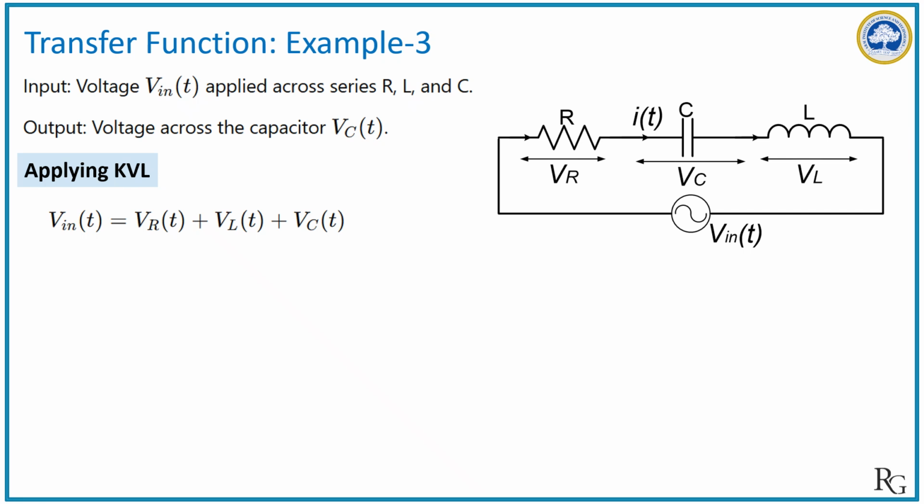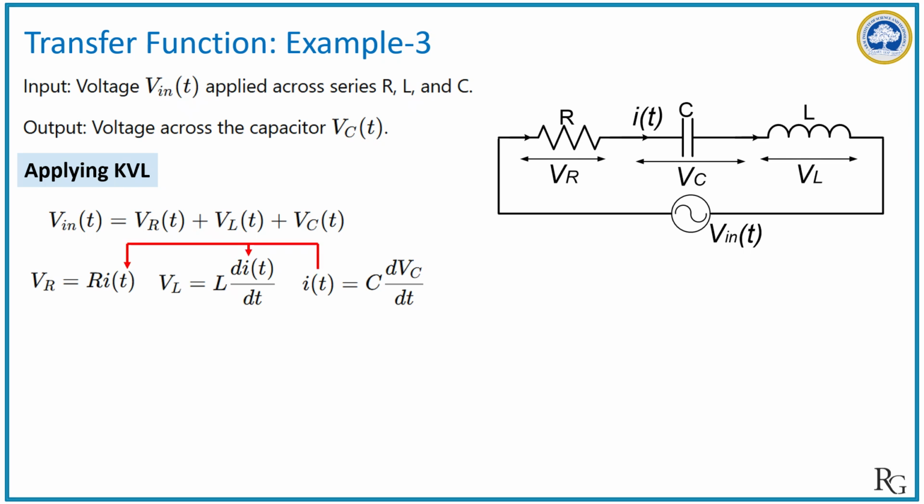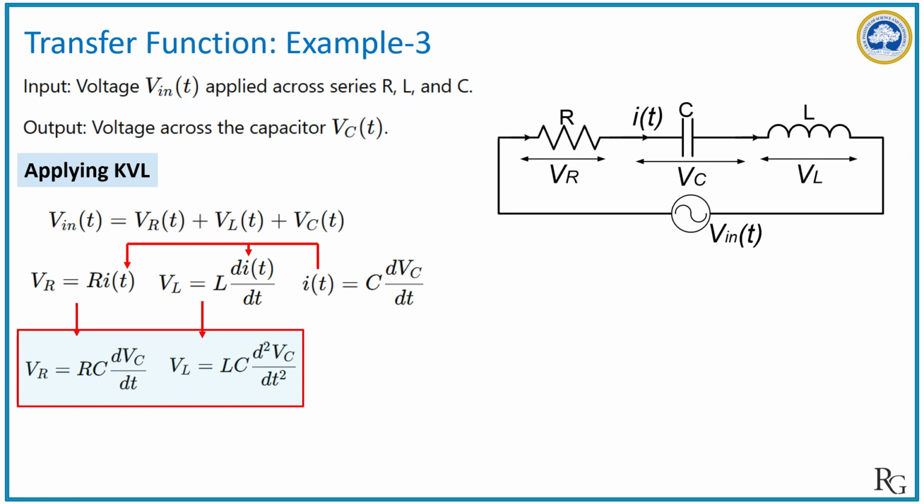Now the total applied voltage will be equal to the voltage across the resistance plus the voltage across the inductor plus the voltage across the capacitor. And their individual voltage values we can calculate, like voltage across the resistance is equal to R into i(t). Voltage across the inductor will be equal to the value of inductance multiplied by rate of change of current, and the current value is equal to capacitance C multiplied by rate of change of voltage across the capacitor. Now we can replace these current values in these two previous equations, and we will get VR and VL in terms of